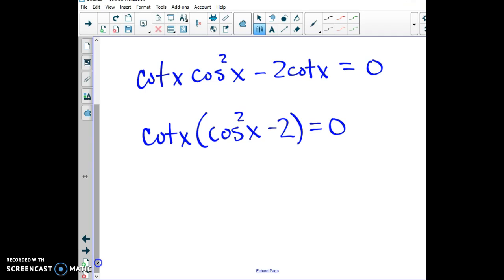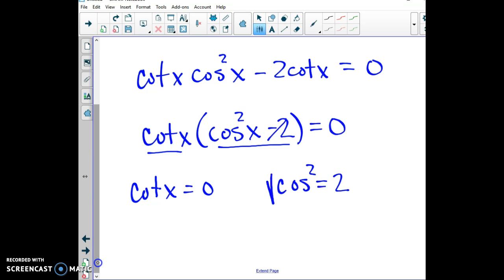Now, because we have combined functions, there could be something that does not have a solution. So when we break this apart, we know the zero products property. If two things multiply together and have a product of 0, then each of them has the potential to equal 0. So we're going to set these both equal to 0. We're going to add 2 to both sides, and we're going to get cosine squared x equals 2. On this one, we're going to take the square root. So the cosine of x is equal to